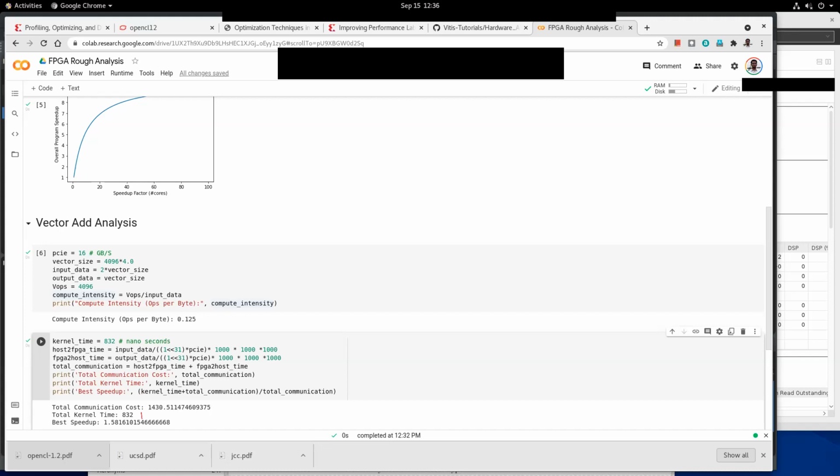If you think of this kernel time as 1 unit, then communication time is approximately 2 units. So 2/3 of the time we are spending in just data transfer, and only 1/3 of the time is the computation happening.